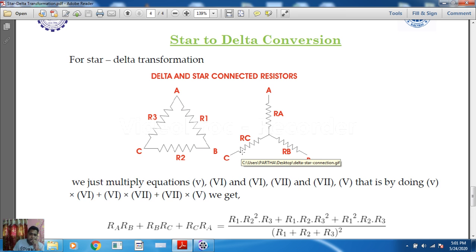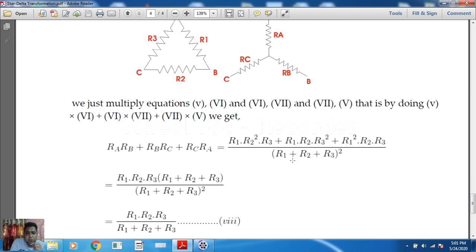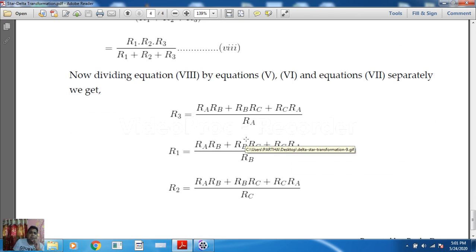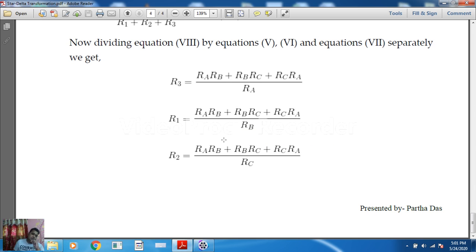If we follow the same procedure, the same mathematical calculation, then very easily we can find them. See, very simple. There is no science here, only mathematical calculation, no big logic. Very simple to understand. So we can find R1, R2 and R3 from the three equations. In examination this derivation may appear, so you have to practice it at home, and using this concept we have to solve some problems in the semester also.